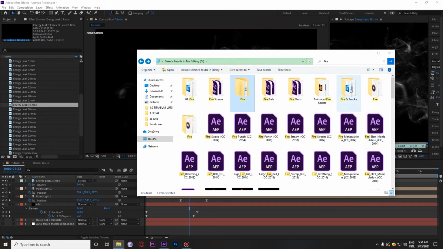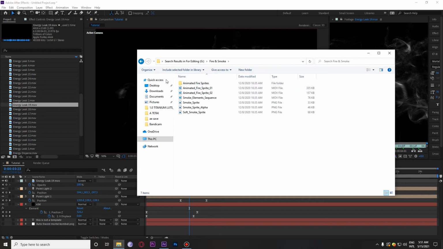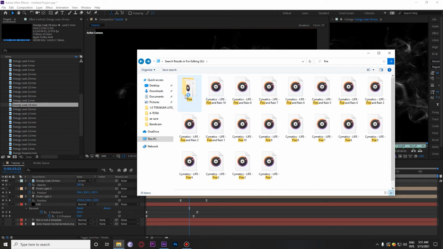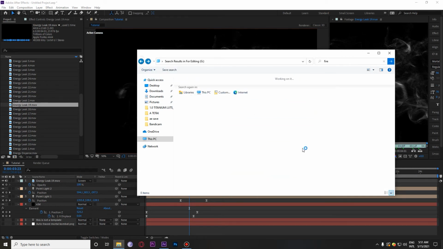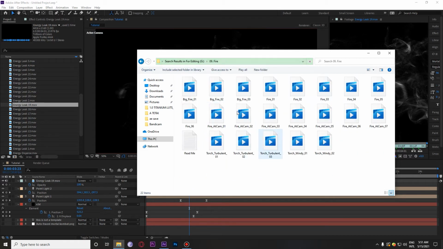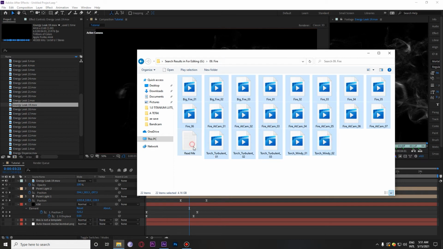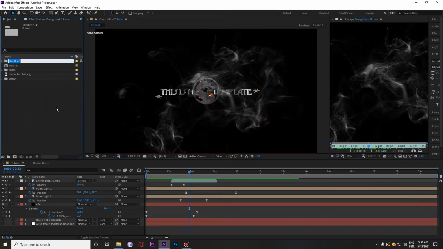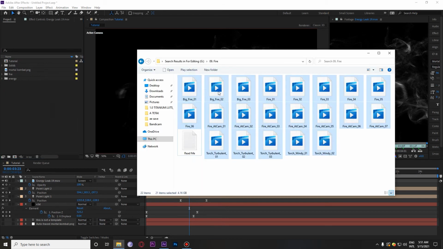Fire and smoke, or this one, fire na lang. Fire, then another folder, fire. Move, copy,